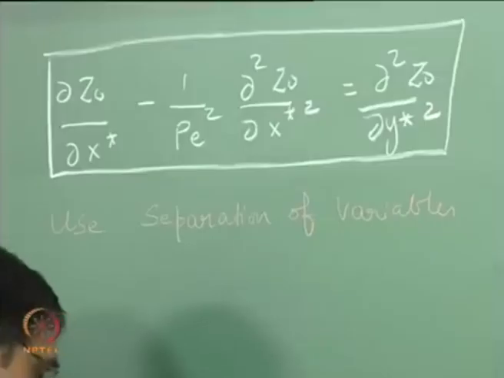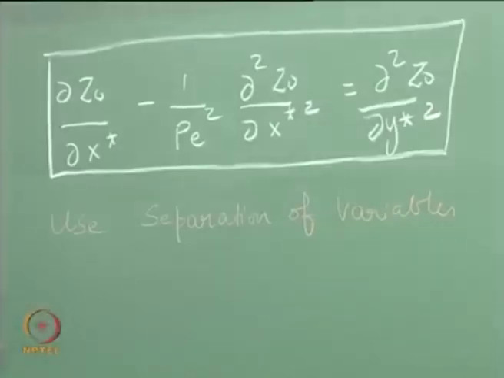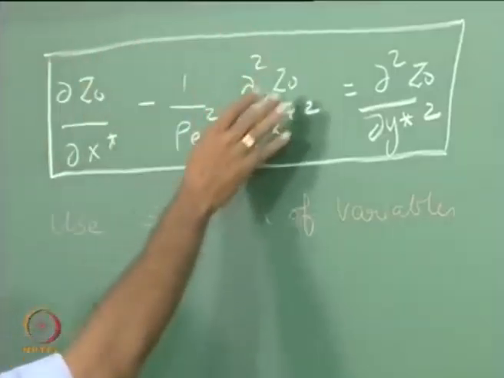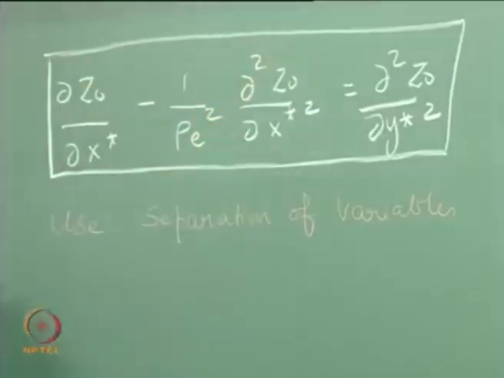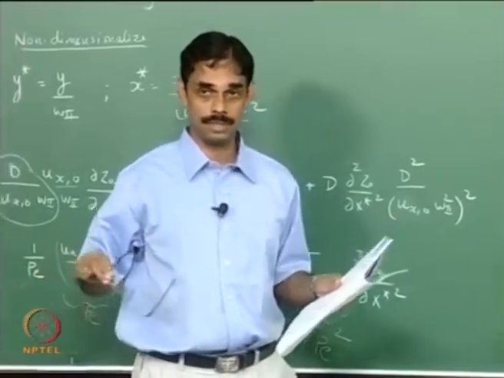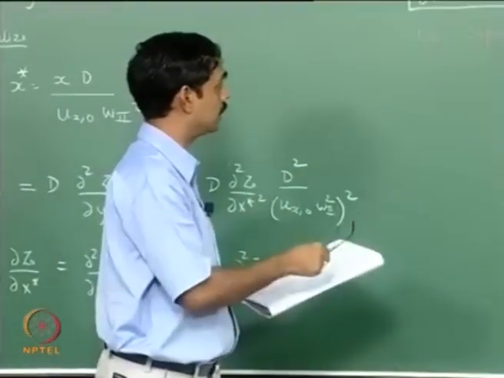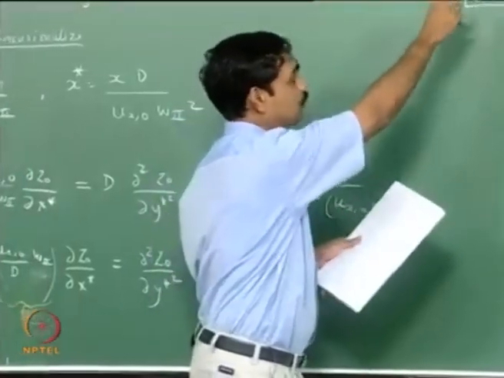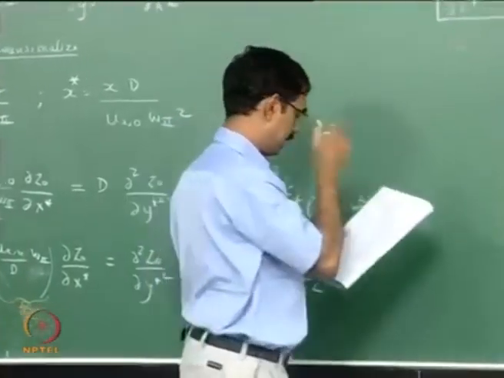Separation of variables. The meaning of separation of variables is when you have, so here everything on the left hand side is a function of x, everything on the right hand side is a function of y. So if you can manage to write it that way, then each of them should separately be equal to a constant. So there is a good chance that this would work. At the moment we do not know what is z0, but if we say that z0